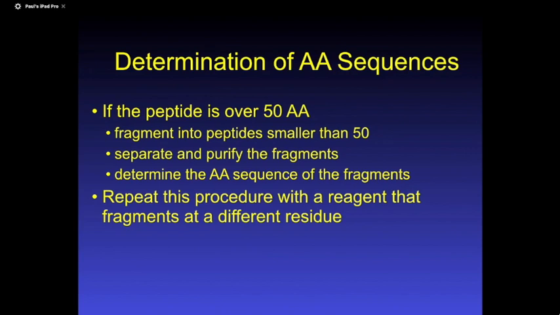If the peptide is over 50 amino acids, then what we have to do is isolate that protein. Remember, we spend a lot of time isolating a protein. We have a big sample. We take a small amount of that sample and we break it up into small chunks. And if we can break it up into small chunks, then each chunk can be